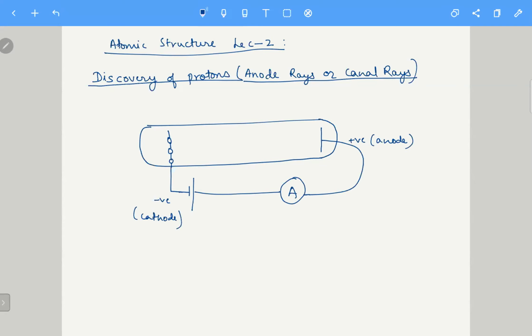So earlier the focus of all the scientists was towards the glow produced at the anode end. Every experiment was performed on the glow being produced at the anode end. So all focus was on cathode rays. Once cathode rays were thoroughly studied, at least from their point of view, the charge to mass ratio was determined and its composition was determined. Then the focus shifted to the glow at the cathode end.